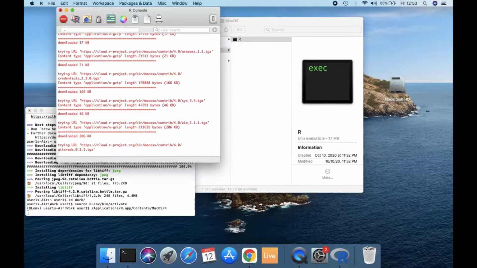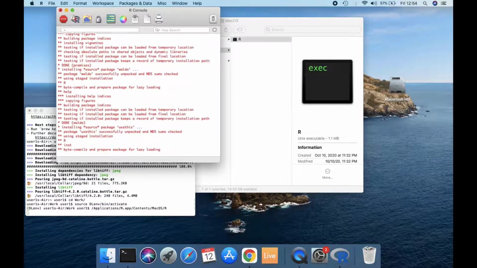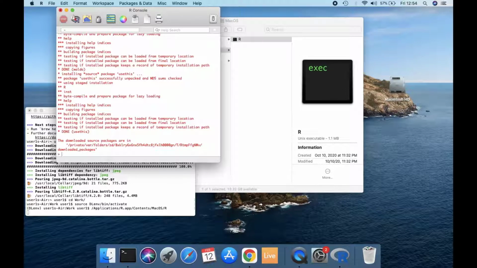And I'm going to speed up the video. All right, now it's done. So I can use devtools to install Phenoptr from their GitHub page. So I'm going to type in devtools, and then install_github. So it's to specify that we're going to install it from the GitHub pages, and then I need to give the name of the package, so it's